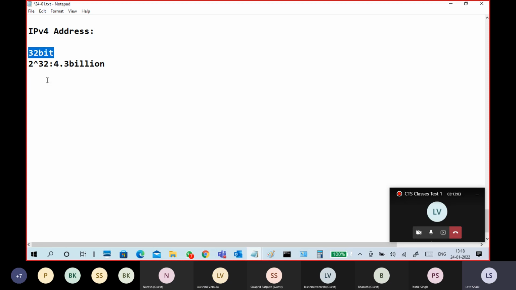So it is 32-bit in binary, but we represent it in decimal format. But how do we write it in decimal format? Guys, look at how IPv4 is written. The total 32-bit number is divided into 4 parts. 32 divided by 4, how much? 8, right? So each part is 8 bit. This is 8 bit, this is 8 bit, like this.